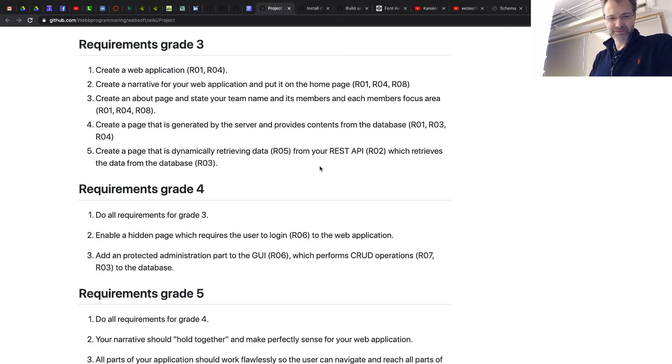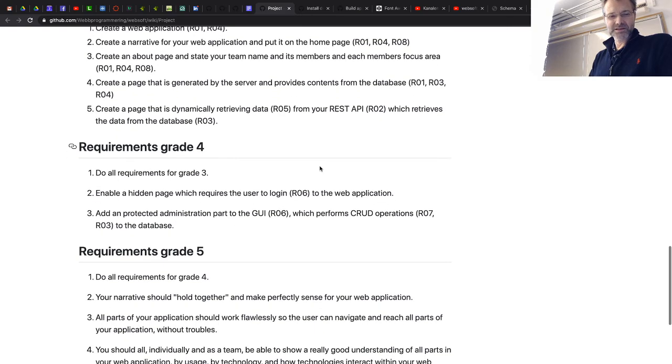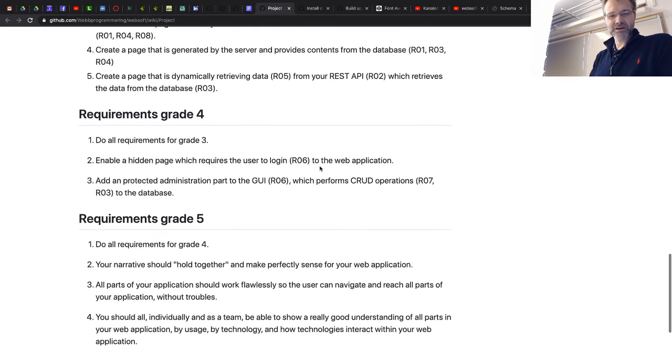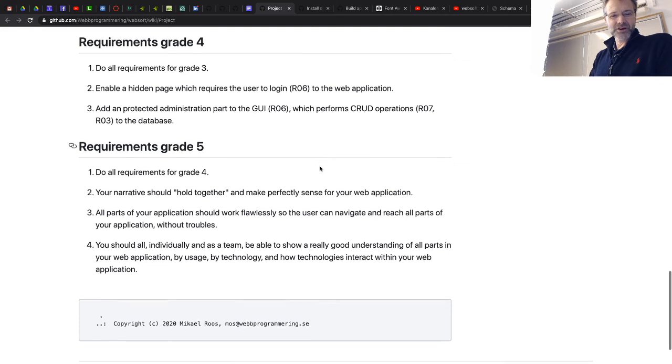But, okay, let's leave it with this. I'm fine with it. I will see assignments 1 to 9 when I look at your code also. So, okay, let's move on. I want a higher grade. So, do